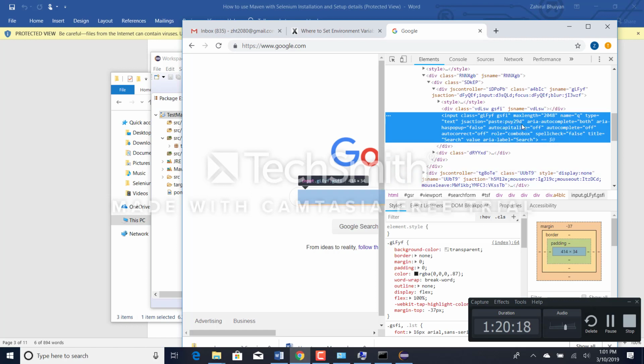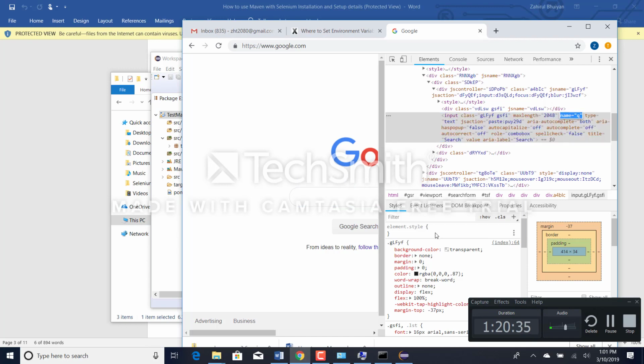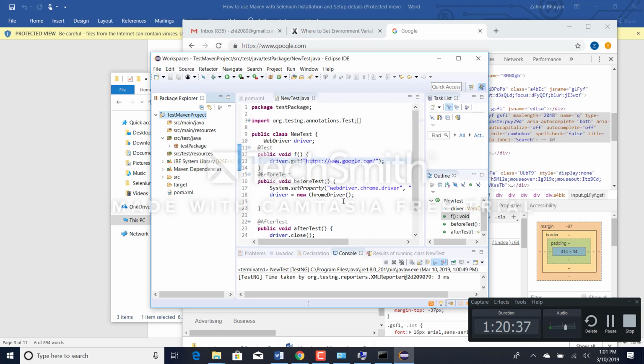Let me see if it has an ID. So it has a title search, it has a class, a name q, it has a name, right? So we are going to identify it by name. So if I want to write something there,